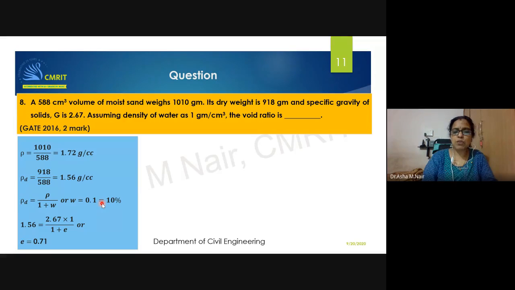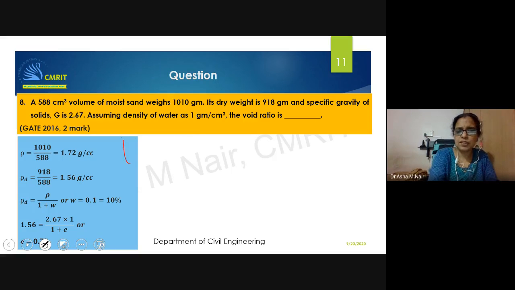It will be 0.1025, so you can round it to 10 percent. Now you are asked to find out what? It is nothing but e times S is equal to w times G. If you want, you can use that expression, but in that case S is not given, so you have to use it in terms of rho d itself. So rho d is also given as G rho w divided by 1 plus e. Please keep in mind, rho d is equal to,